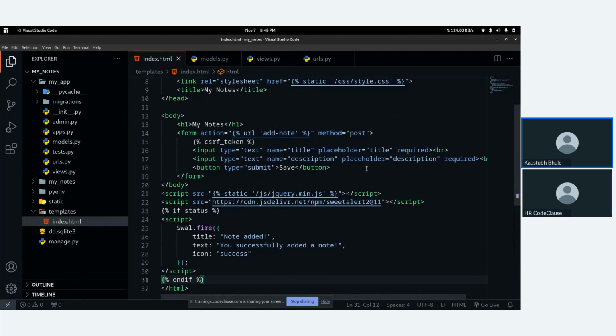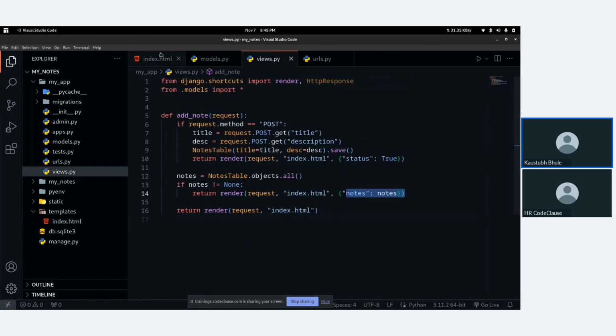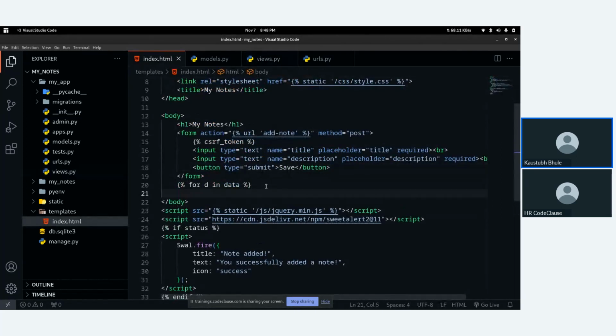What you can do here, let's say below this form, I will again use my for syntax. So I will say for d in data. Whenever you want to access something from the view, which you have sent from the view to the HTML, you can use double curly braces to access that data.